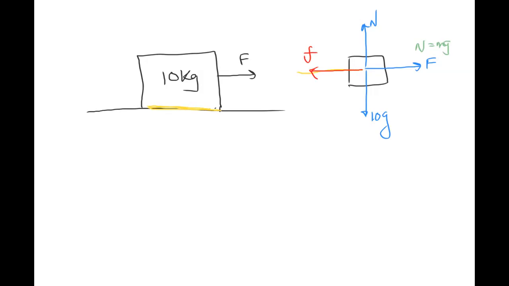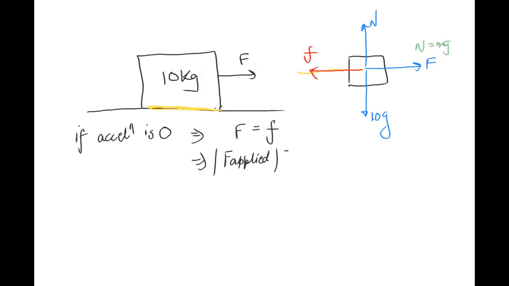ओके, so if acceleration is 0, this implies that F is equal to f. This implies that F applied is equal in magnitude to the friction force. इसीलिए तो नहीं मूव कर रहा।